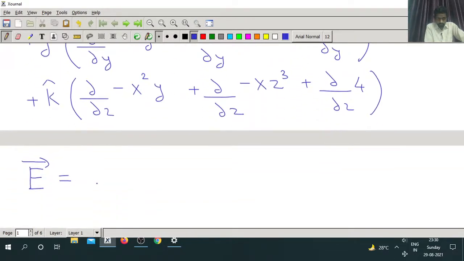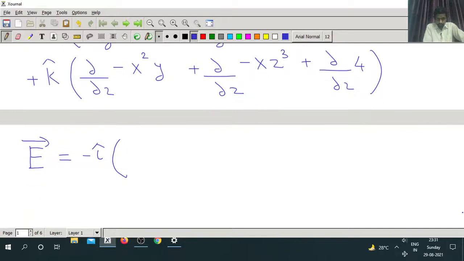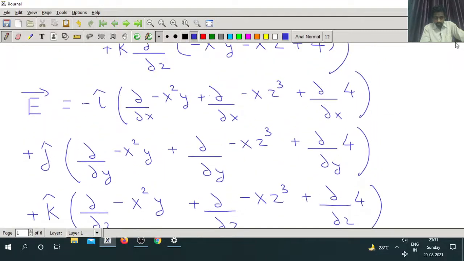So that will be minus i cap, and differentiation of minus x square is minus 2x, so that will be minus 2xy. Y is taken common, and differentiation of x square is 2x, so minus 2xy, and differentiation of minus x is minus 1, so this will be minus z cube,